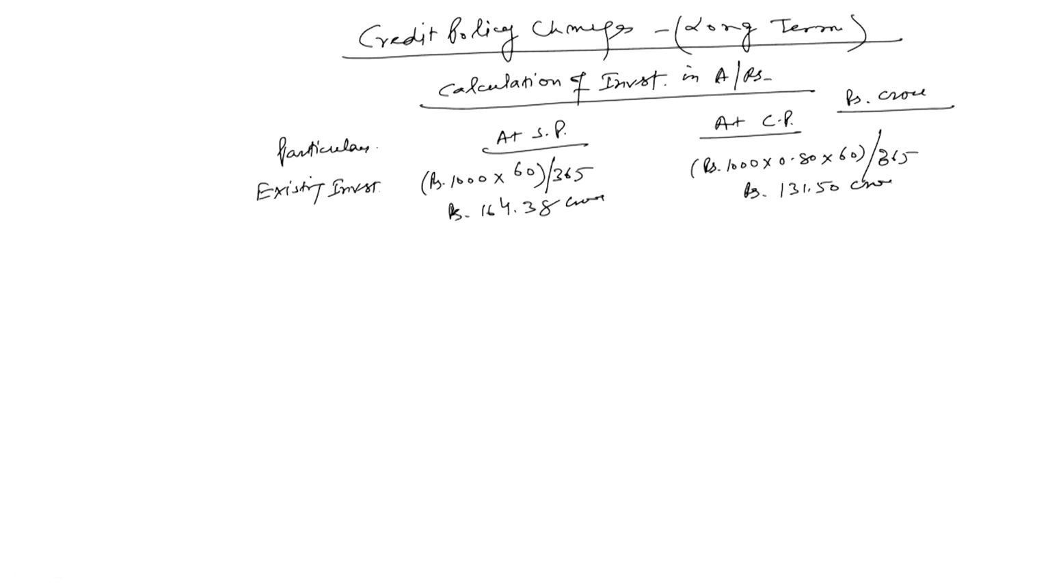This is crores of the investment, right. These are two existing investments: at the selling price we have invested, or are expected to invest, 164.38 crores, and at the cost price we are investing 131.50 crores. Now projected, how much is additional required now? Projected investment,